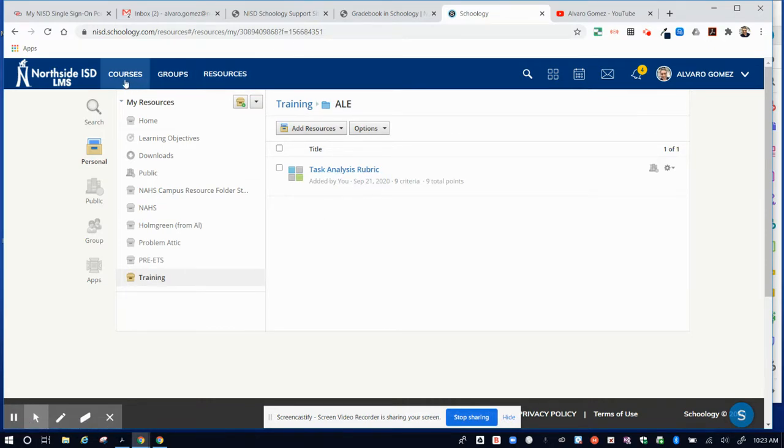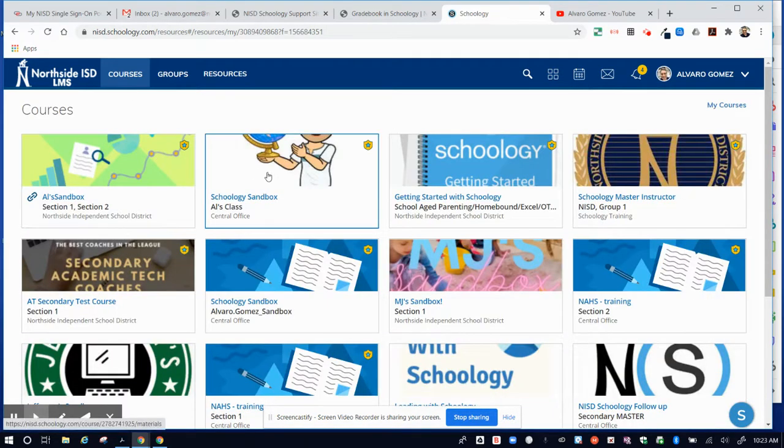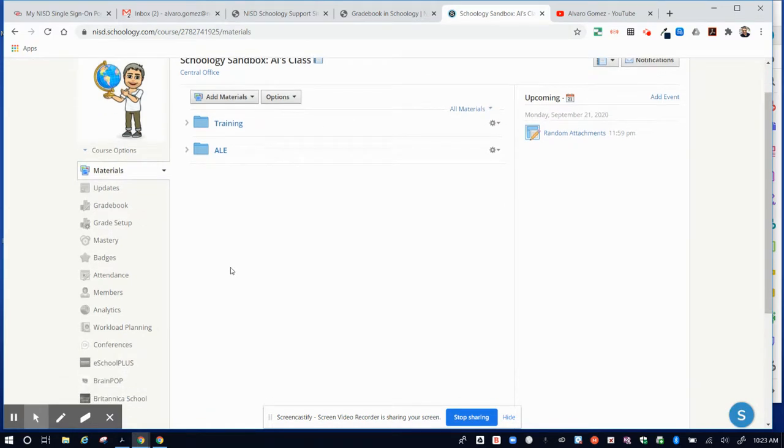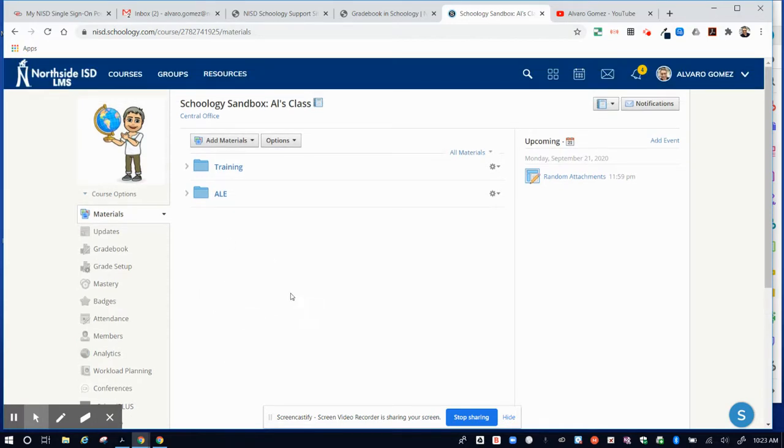this assessment rubric. So I'm going to go into courses. I'm going to open up my sandbox. First thing we want to do is create the... actually, no. Before we even create the assignment, I want to bring in the rubric. And there's two ways we can do this. One is through the course. Okay, so if we're sitting in the course and I want to use that rubric, I just go into my